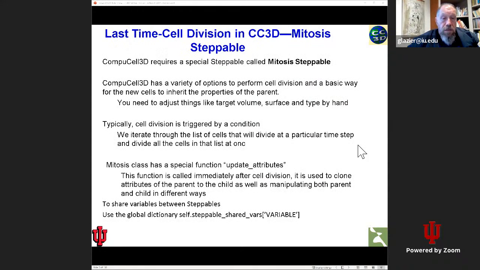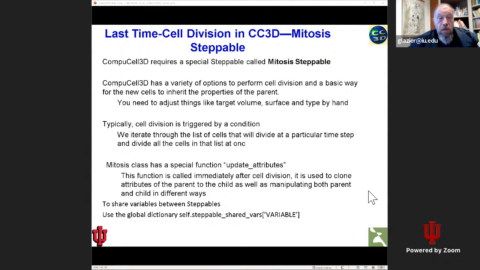And cell division has to be put into a Mitosis Steppable. Typically we do that by setting some condition on the cells and then invoking a divide process and using an update attributes to do the reassignment. One thing you'll run into when you do that is